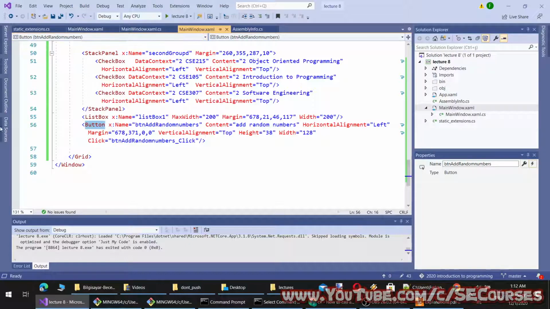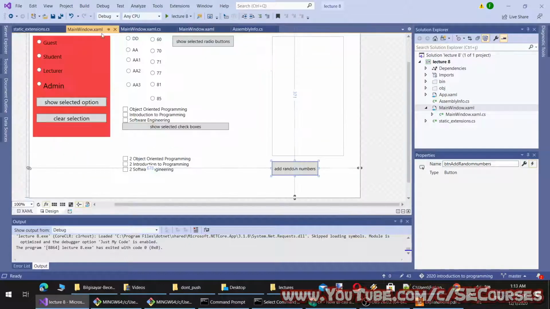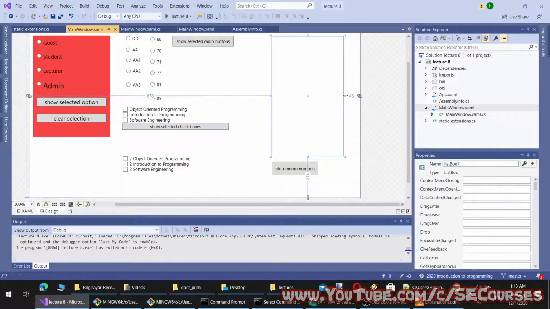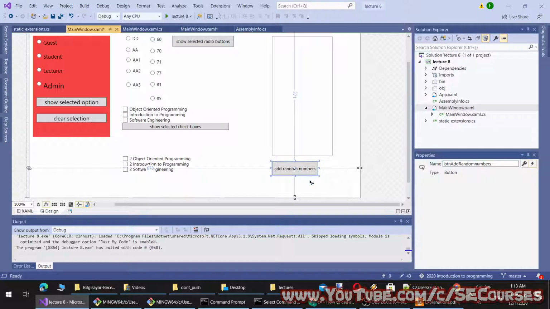So let's add another button. Let's make it a little bit smaller. I will call this button BT and change this box, or let's say modify.